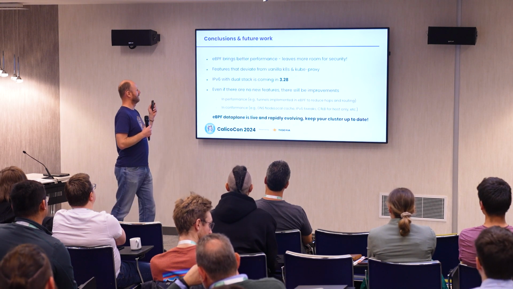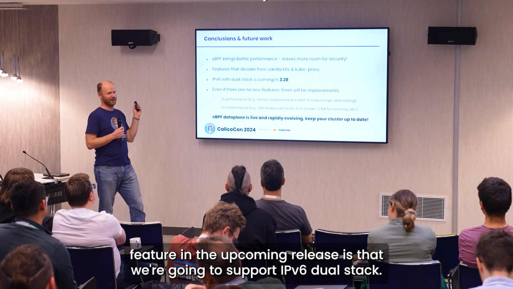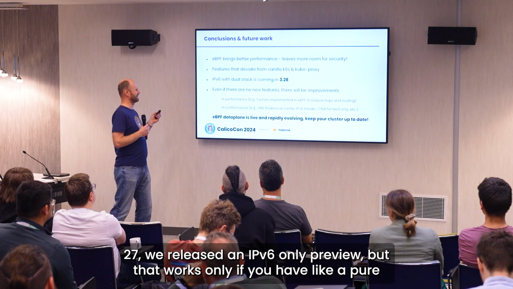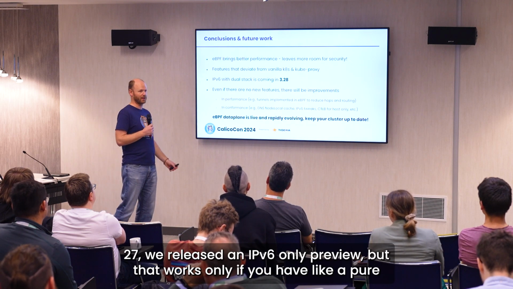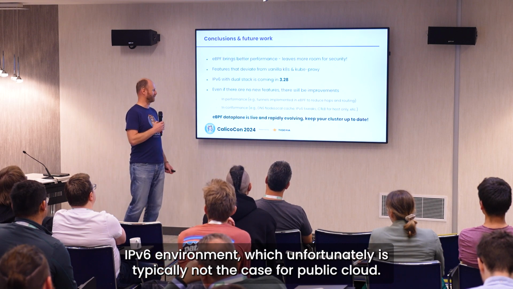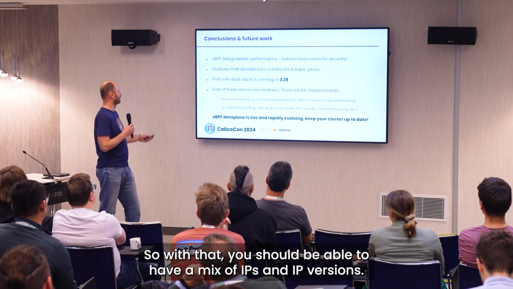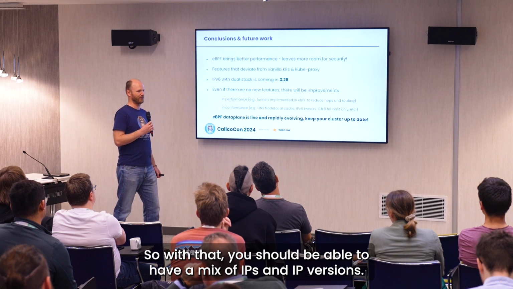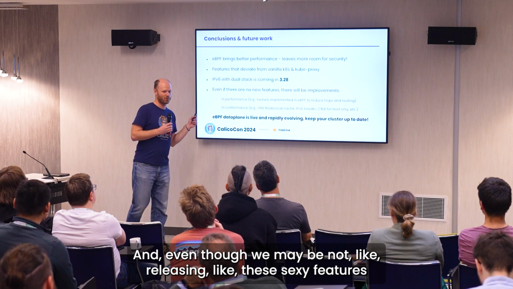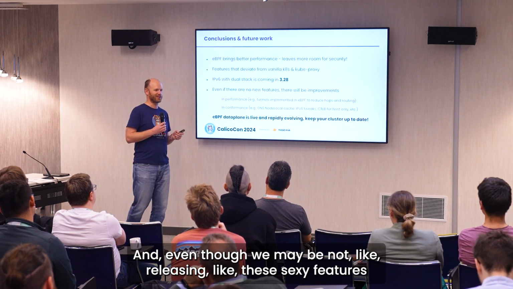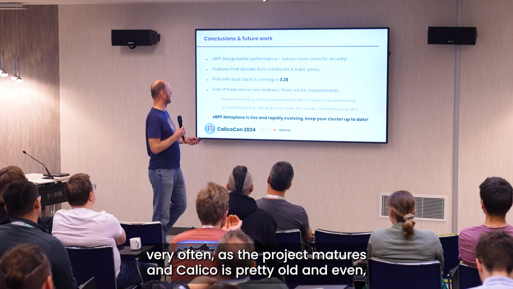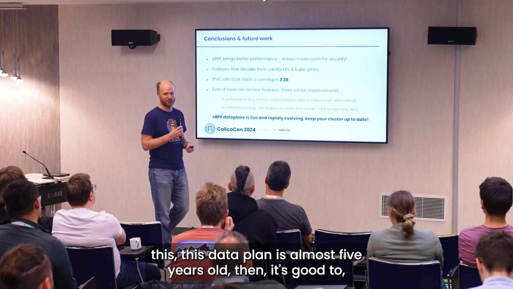The main feature in the upcoming release is that we're going to support IPv6 dual stack. In 3.27, we released an IPv6-only preview, but that works only if you have a pure IPv6 environment, which unfortunately is typically not the case for public cloud. So with that, you should be able to have a mix of IPs and IP versions. And even though we maybe are not releasing these sexy features very often, as the project matures, and Calico is pretty old, and even this data plane is almost 5 years old,